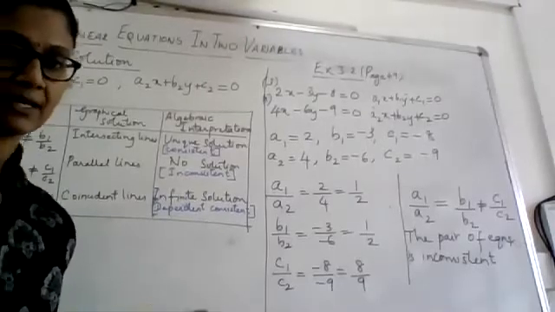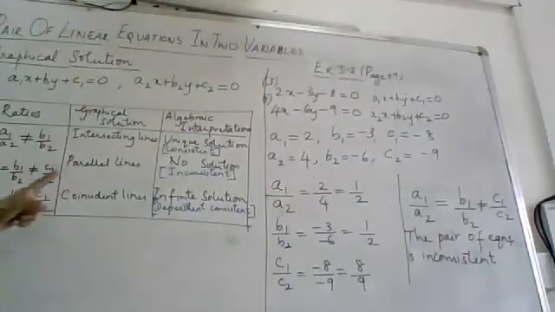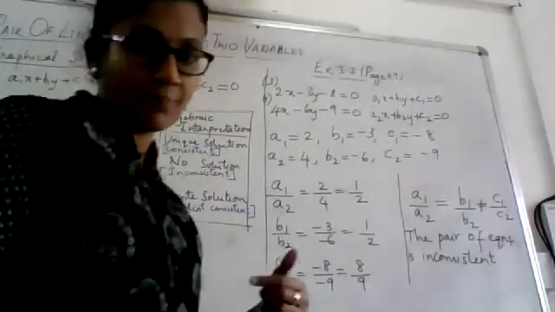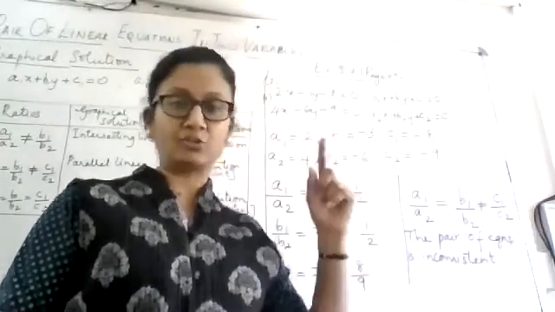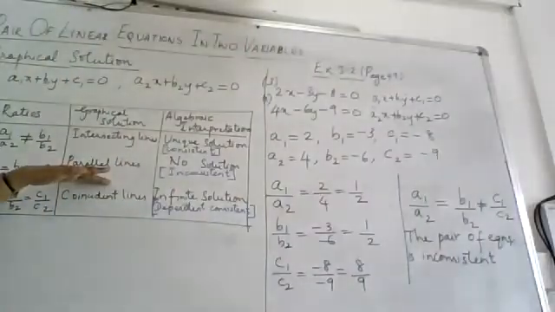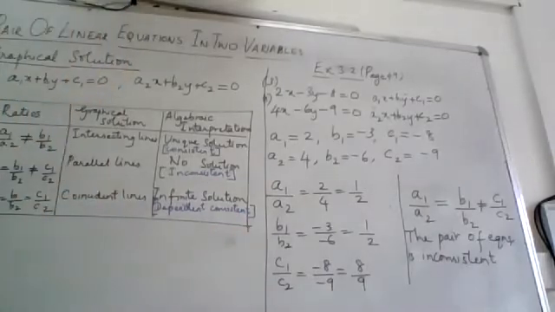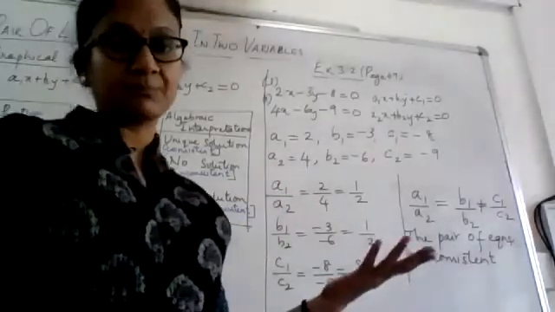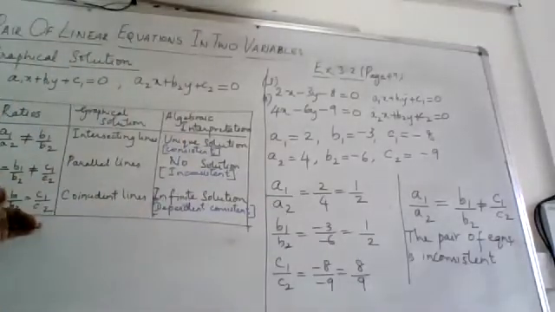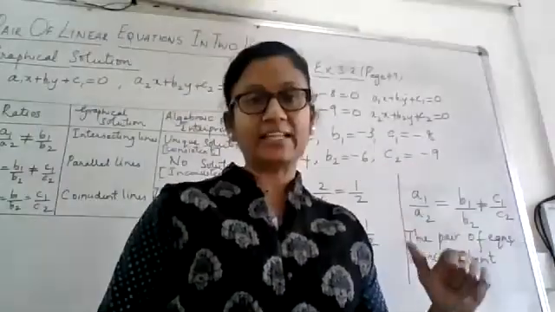I just want you to compare A1, A2, B1, B2 and C1, C2. Find the ratios and decide whether you are going to get intersecting lines, parallel lines or coincident lines. But for the record, you must go and draw the graphs of these equations, complete it, and you should have seen the last unruled page there is a table like this. If you have gone through the pics that I have sent in the group, you will see that this kind of table is there in the last page, which you have to do in the unruled side after pasting all the graphs. So finish the graphs and complete this table by this weekend so that that activity will be completed. Now I'll tell you how to do the activity.